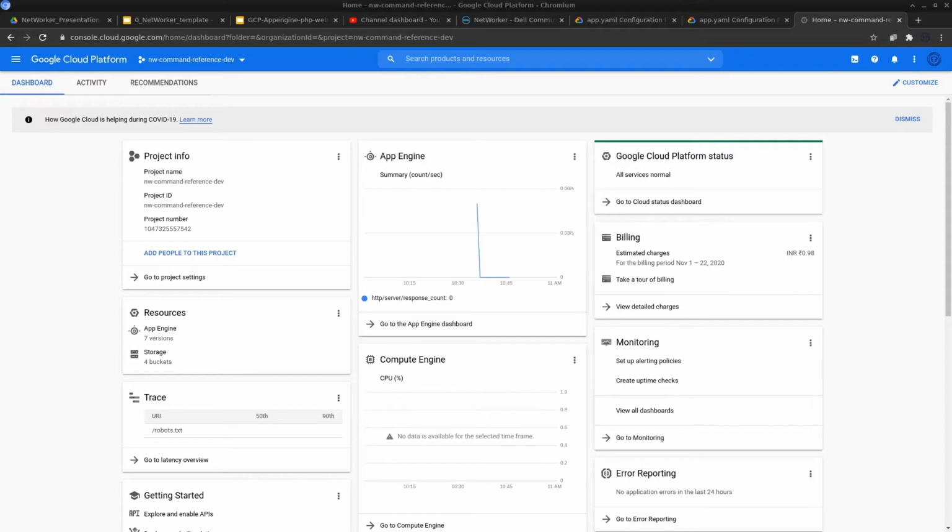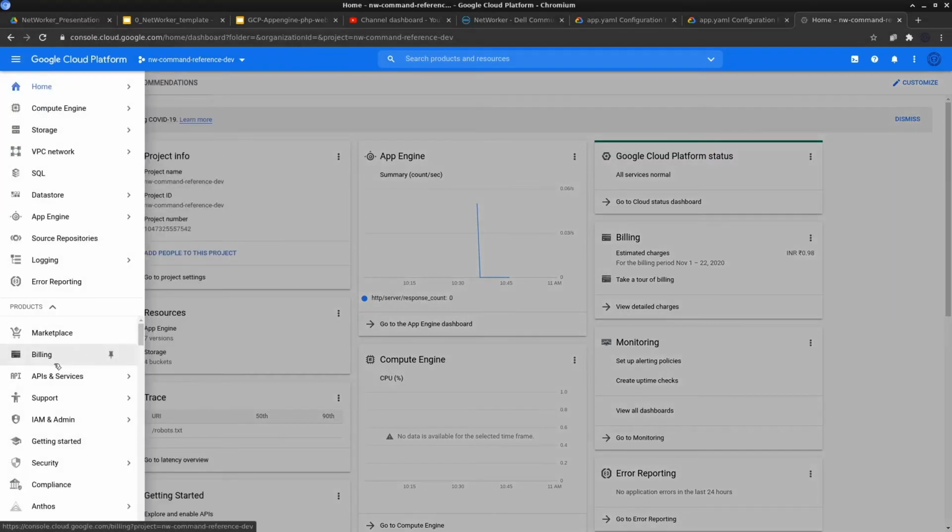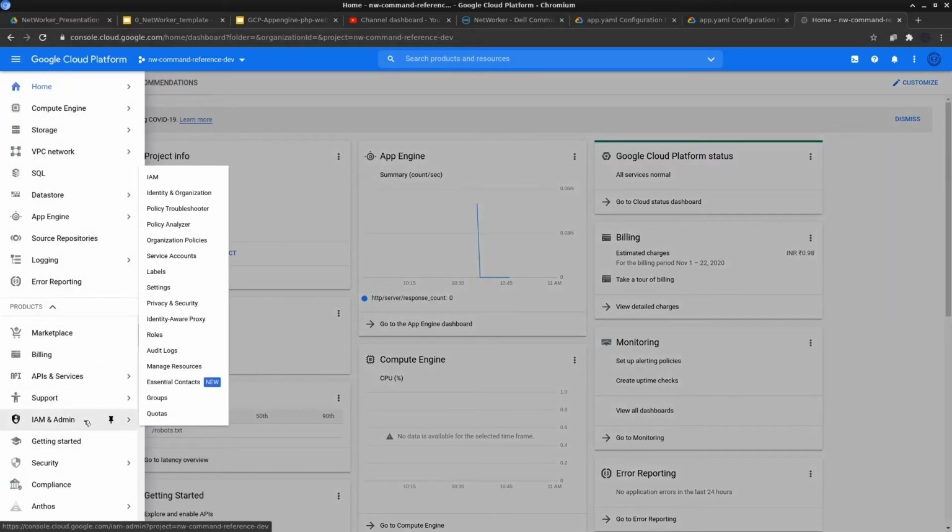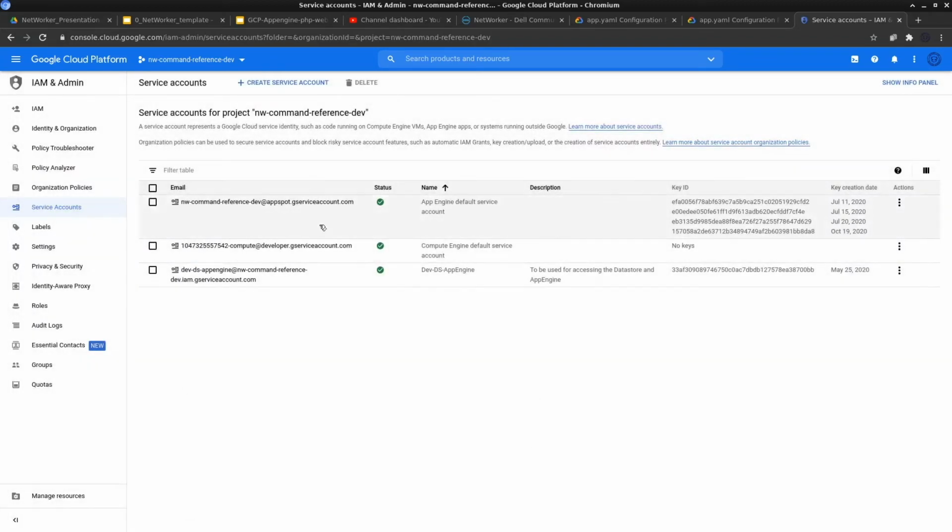So to create the security key is pretty simple. So the security key is for a service account. So I'm on my GCP console right here. Let's click on the menu and go to IAM and admin, and under this we go to the sub section called service accounts. Now the service accounts is again just like a regular account, but it is basically used to provide permission to a service to access another service.